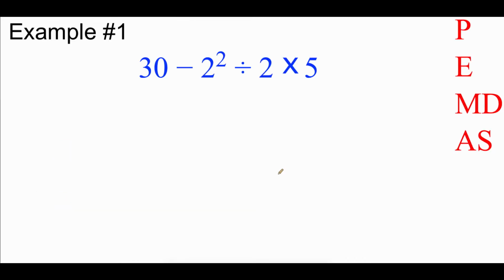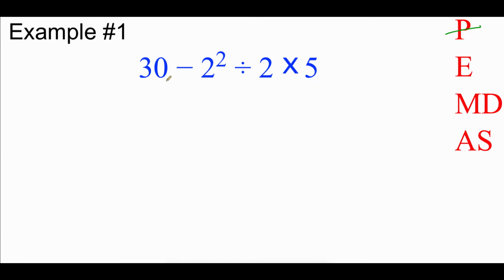So we're going to look at this first example here. We've got 30 minus 2 squared divided by 2 times 5. Now I've got our PEMDAS acronym written out on the right-hand side here, and I've got it separated by level of importance so we can run right down the list and check all these off. So the first thing we're supposed to look for are any sets of parentheses. Now this particular problem doesn't have any parentheses in it, so we can skip that one and move down to